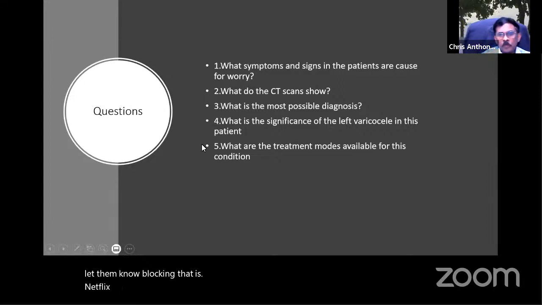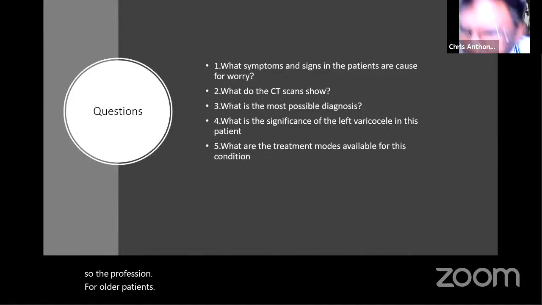If a patient is an older patient, varicocele is usually in a younger patient. If an older patient, 50 something, comes and has a varicocele, then you have to think of some secondary cause. Most of the time it is primary. Varicocele is primary, you don't know what the cause is, in a young patient. In an older patient, there must be a cause, something blocking, a tumor blocking the testicular vein. In the kidney, the tumor is the most common.